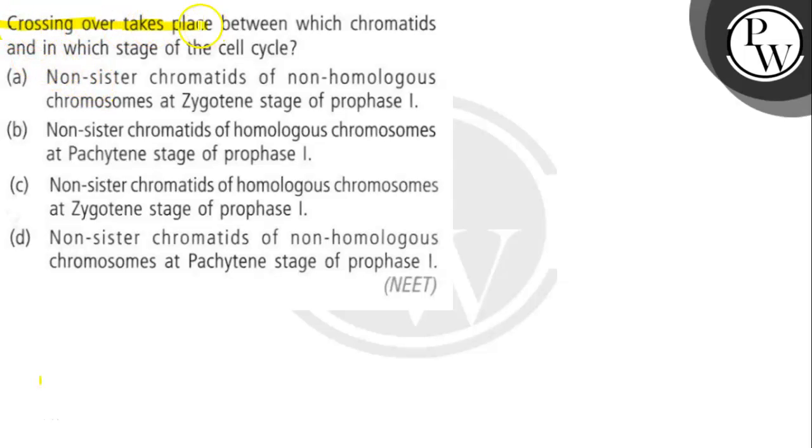The question says here: crossing over takes place between which chromatid and in which stage of the cell cycle? That is the crossing over. Between which chromatid, and in which stage of the cell cycle? So